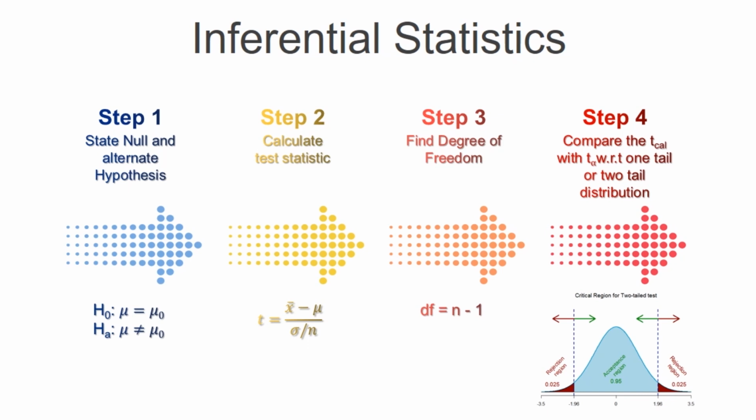Then you have to fix the degree of freedom. Degree of freedom is nothing but n minus 1. Then according to that, compare. The last step is to compare the test value with the T alpha value that is provided in the question paper, based on the level of significance. You have to compare the value, and based on whether it is a one tail or two tail distribution, you have to decide whether the hypothesis is rejected or accepted. These are the steps you must follow to complete the question, whether it is 2 mark or 3 mark, whatever it is.